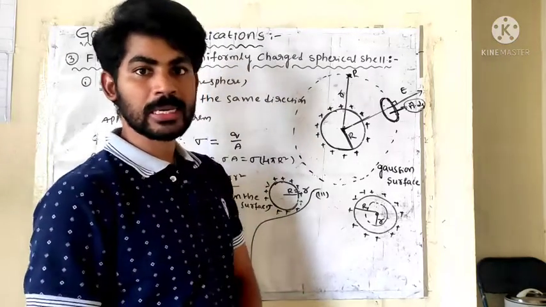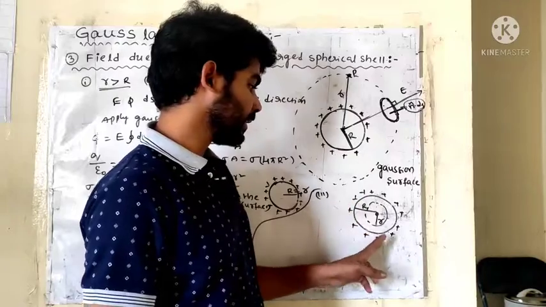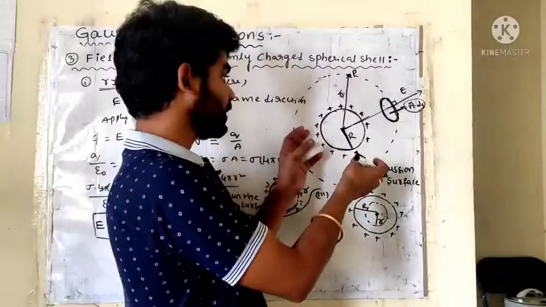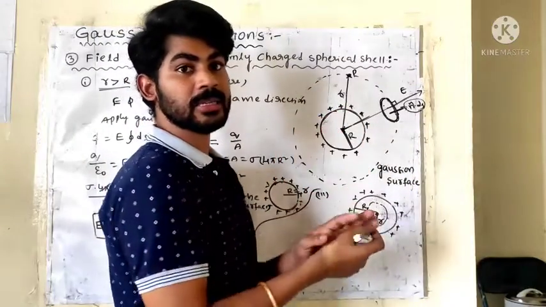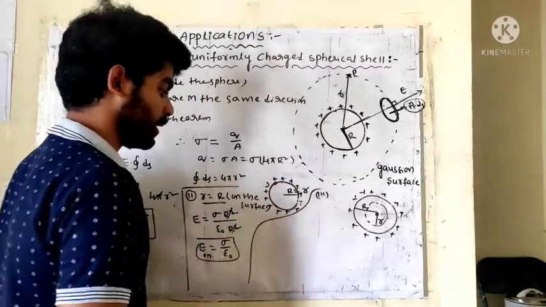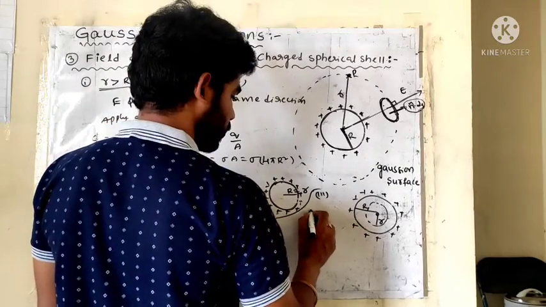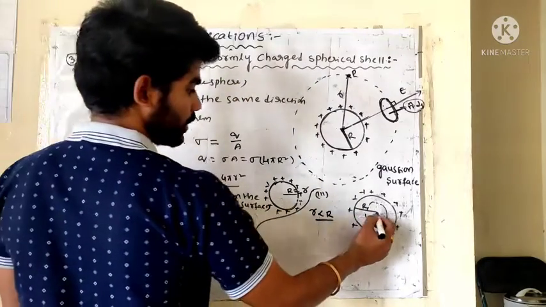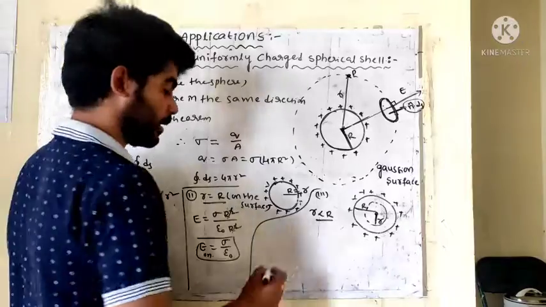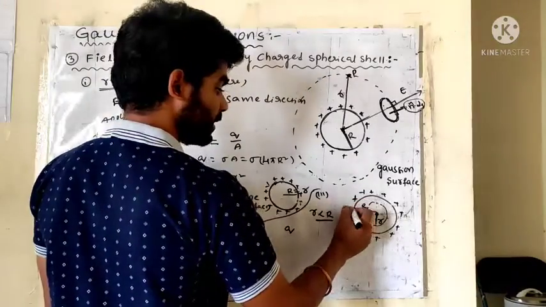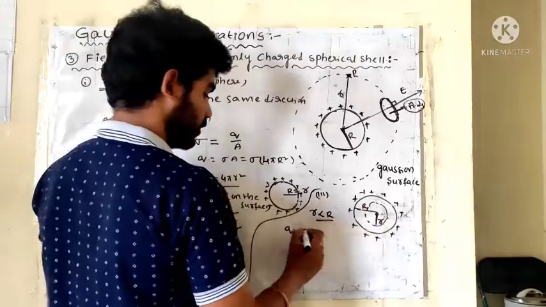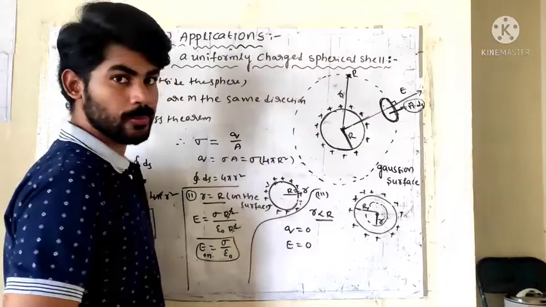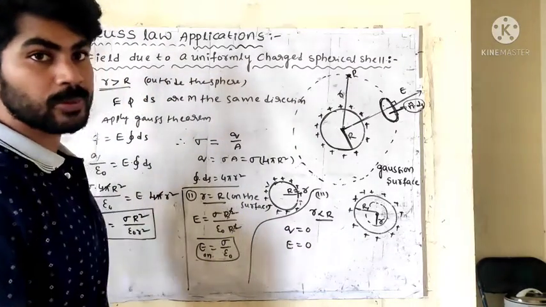We already know from the electric field applications that charge always resides on the surface only, not inside the sphere. So for the Gaussian surface inside the sphere there is no charge, and no electric field. This is the condition r less than R: r is very small and R is very large, and only the surface carries charge, there is no inside charge. So Q is equal to 0, and automatically E is also 0. This is a very important application.